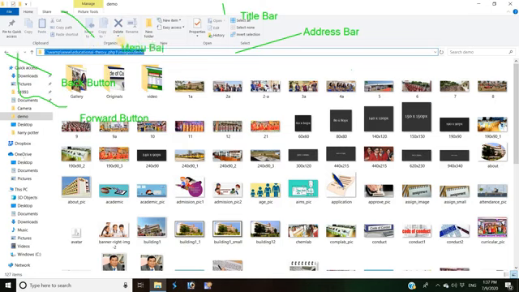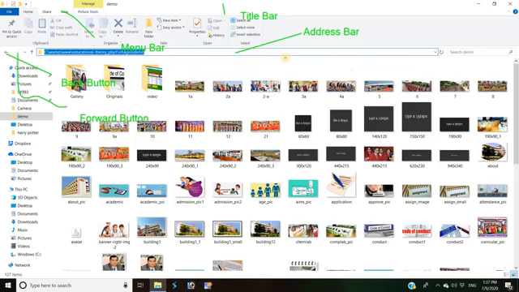And this is the status bar of the window, and the whole is a rectangular frame.